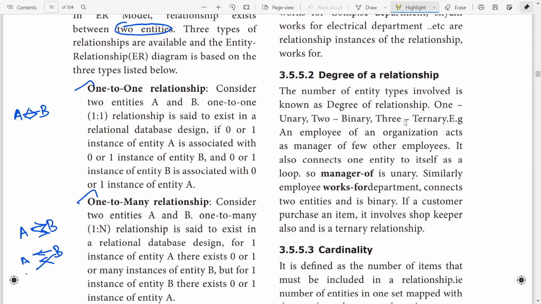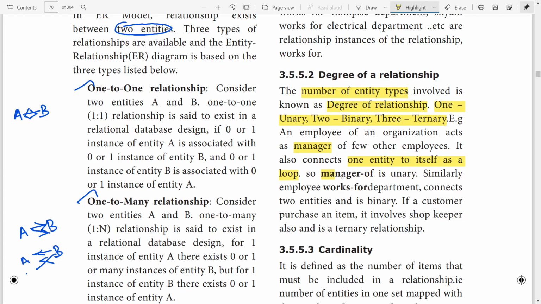Degree of relationship. The number of entity types involved is known as the degree of relationship. Number of entity types: 1 is unary, 2 is binary, 3 is ternary. An employee of an organization acts as a manager for a few other employees. It connects one entity to itself as a loop.